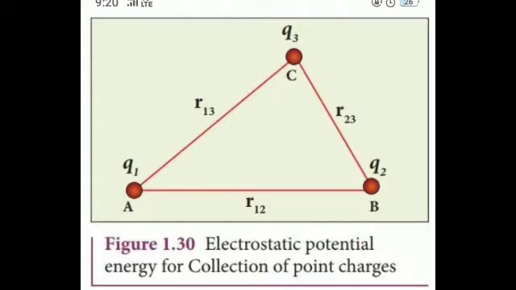U of the system of charges q1 and q2 separated by a distance r. So q1, q2 are separated by r. Thus we have U is equal to q2 V is equal to 1 by 4 pi epsilon naught q1 q2 by r. So the electrostatic potential energy depends only on the distance between the point charges q1, q2, q3. These 3 charges are arranged in the following configuration as shown in the figure.